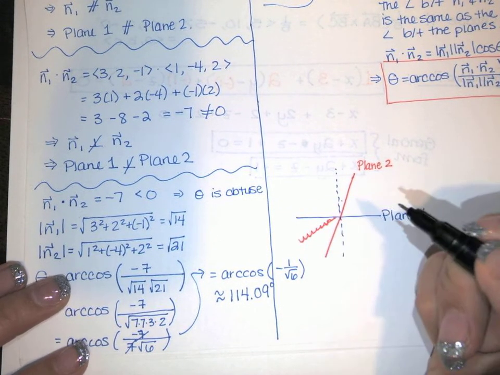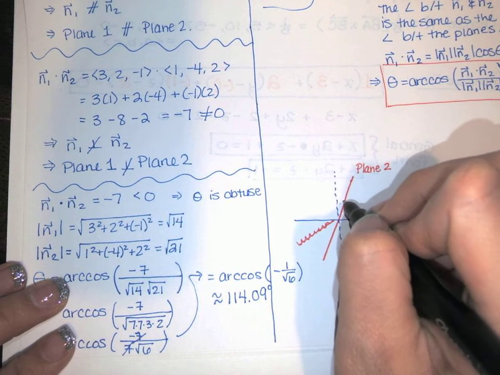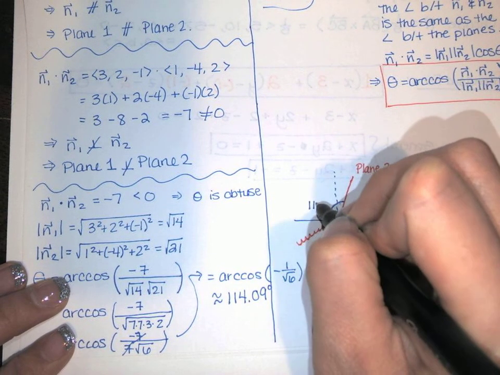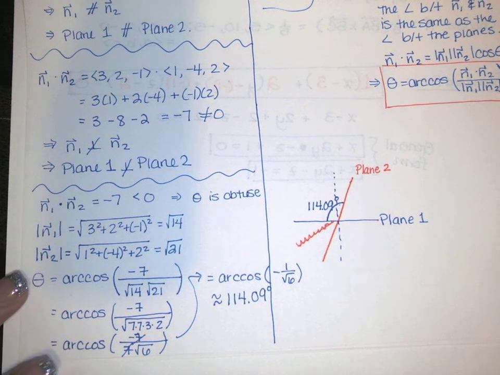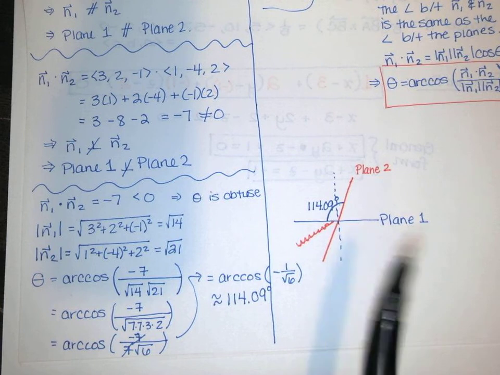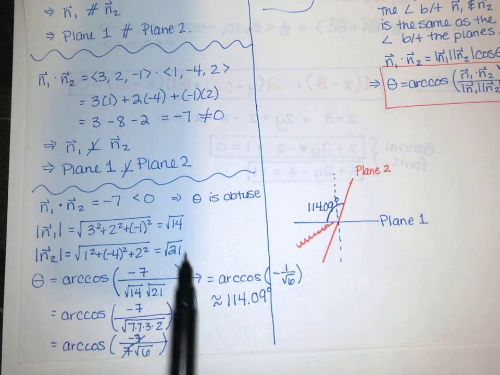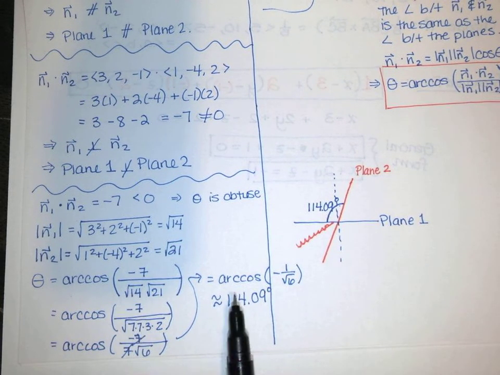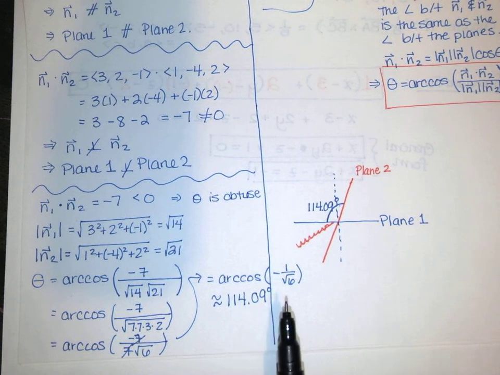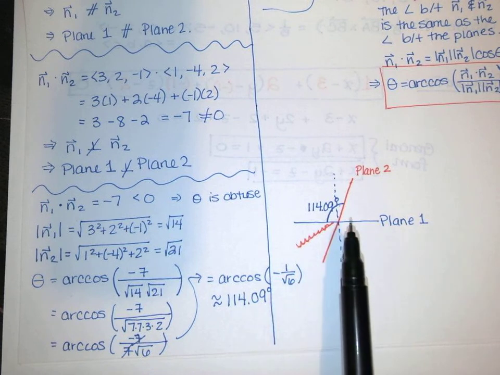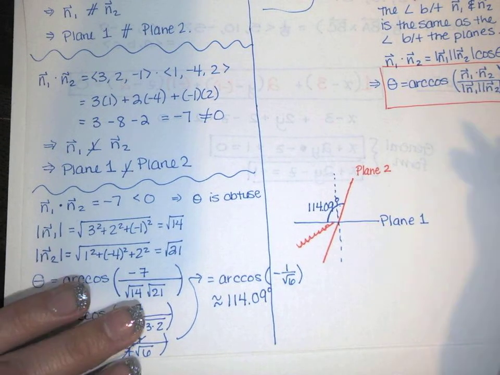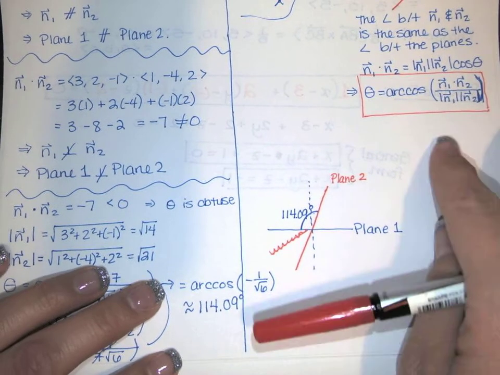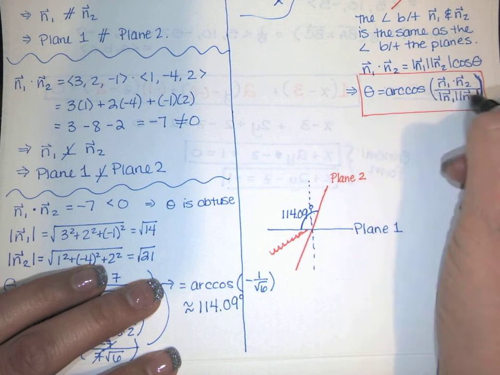So that's actually going to be this obtuse angle, 114.09 degrees. Now that might not be the angle that we're looking for. Most of the time when we talk about the angle between two planes, we're talking about the smaller one. So this formula didn't give us quite the right answer, but it gave us a reference angle. Whenever we talk about the angle between two planes, we want the smaller one. So this is going to give you the exact right answer